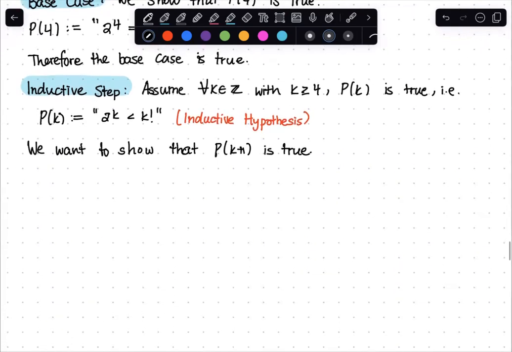Okay, so let's see. What does P(k+1) say? I.e., we want to show that this happens, 2 to the k plus 1 is smaller than k plus 1 factorial. Okay, so let's see what happens. So indeed,